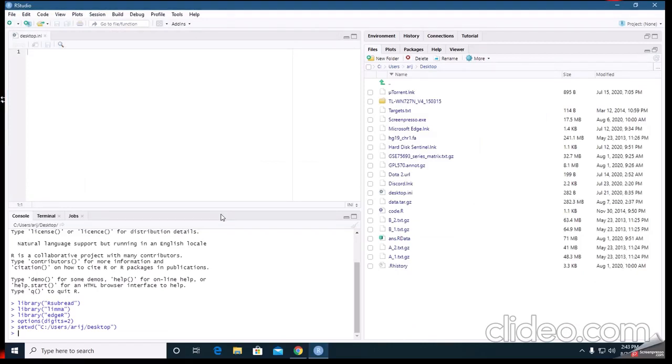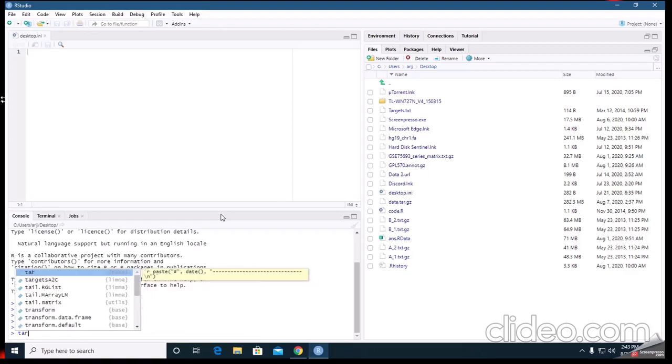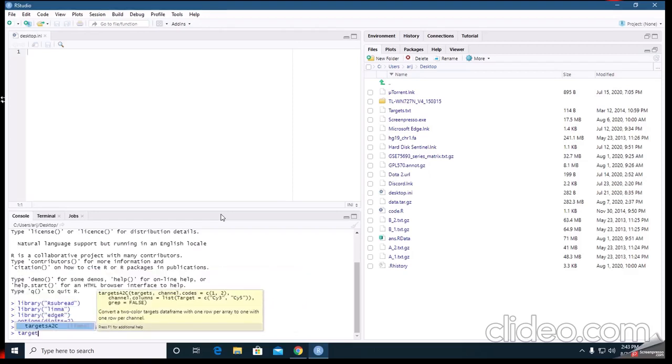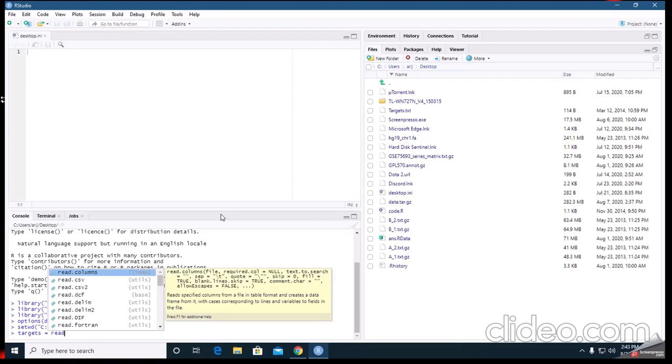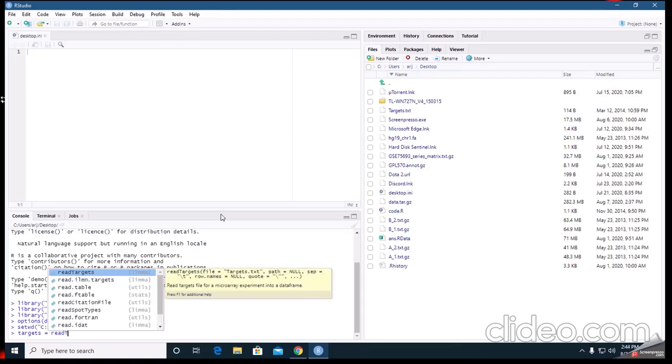Now I am going to read the targets file and store this in the targets variable. Yes, this is the function.